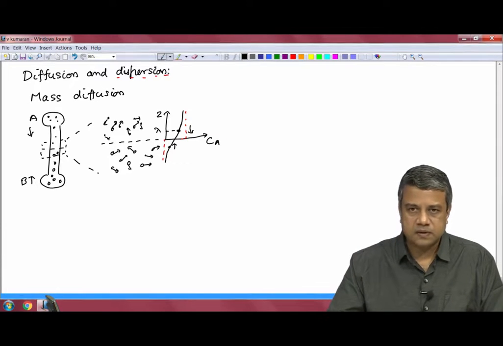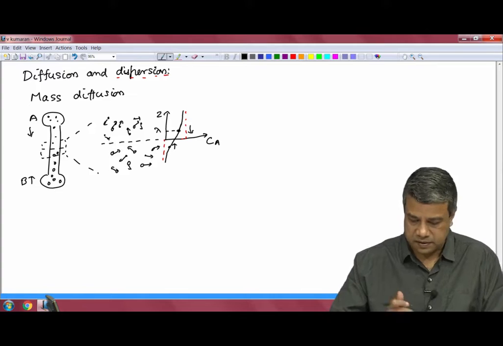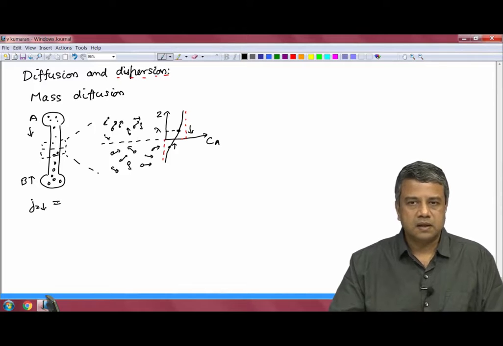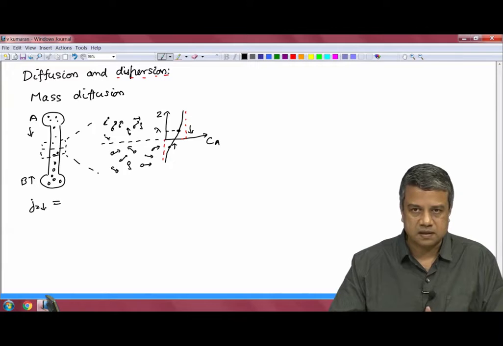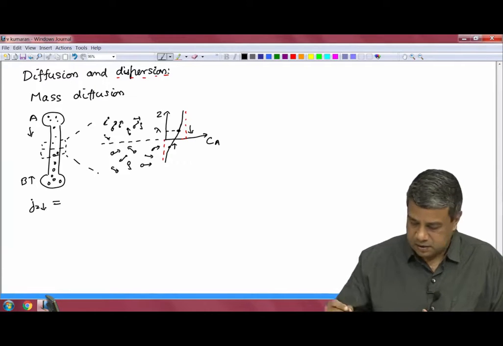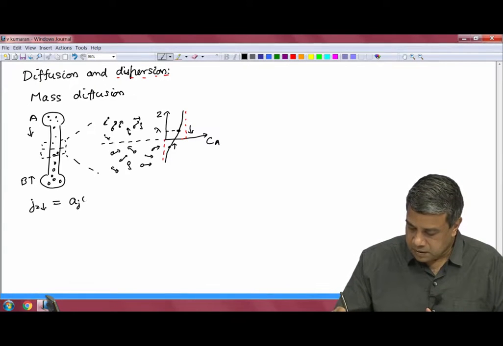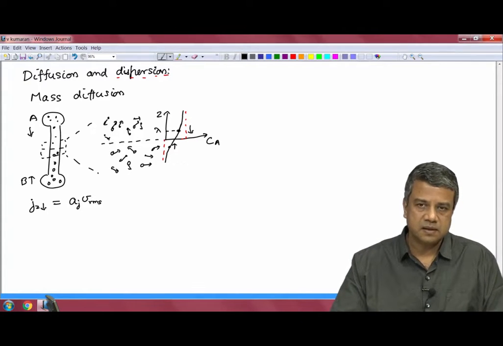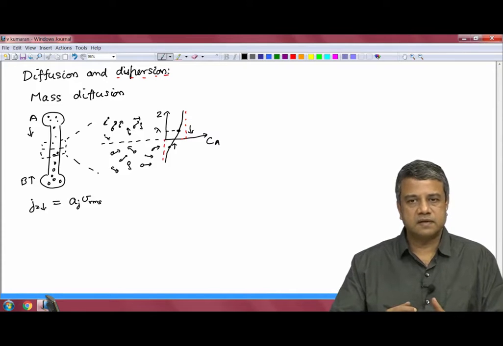What is the flux of molecules that is coming downwards across the surface? The flux of molecules that is coming downwards in the z direction, recall that the flux is equal to the velocity perpendicular to the surface times the concentration. When we did convection, we said that it was equal to the velocity perpendicular to the surface times the concentration at that surface. So, the velocity perpendicular to the surface will be proportional to the root mean square velocity. It will not be exactly equal to the root mean square velocity, but the average velocity of all molecules